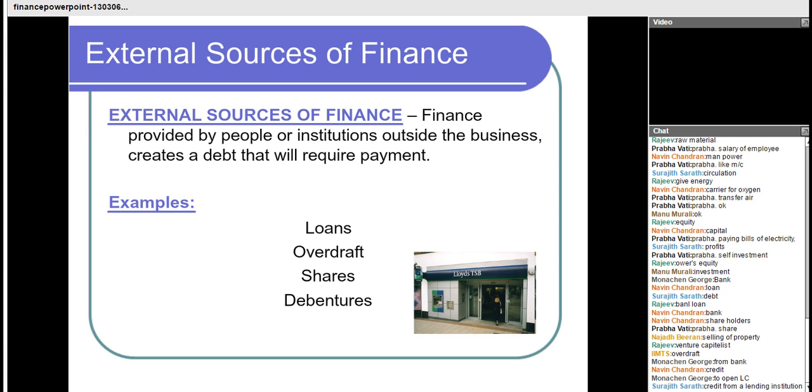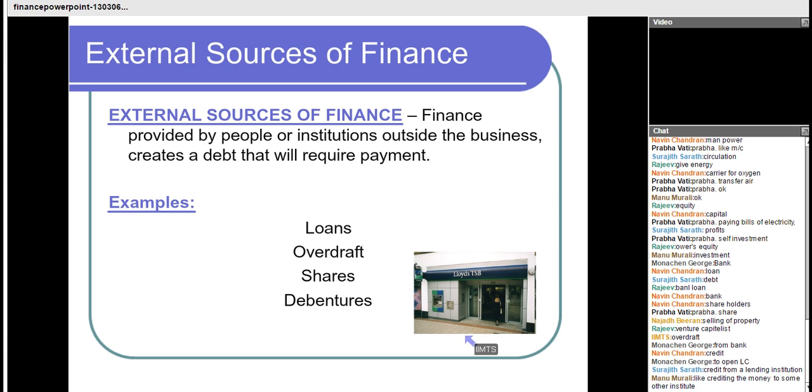No, Manu, that's not overdraft. Overdraft is a special facility which is offered by banks to its customers. For this purpose, it is available to the big business houses. The big business house has to open an account in the bank, and that type of account is called a current account. You must have heard this name in your accounting terms, current account. There are different types of accounts.